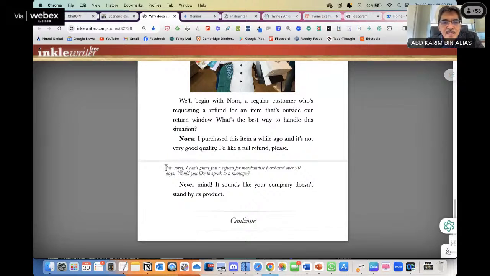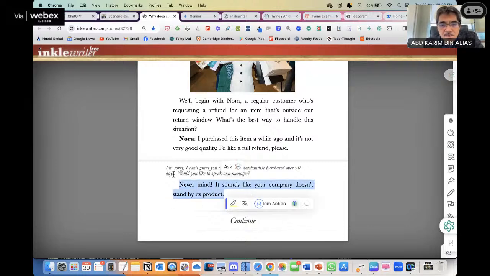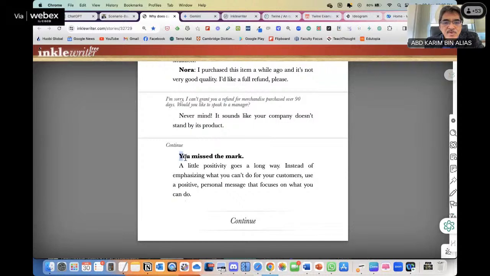This one is, "I'm sorry, I can't grant you a refund," and so on. Then the customer responds, "Never mind." This is your response, and this is the customer's response. Is it appropriate or not? Is it the best response that you can give? When you click continue, you get feedback.